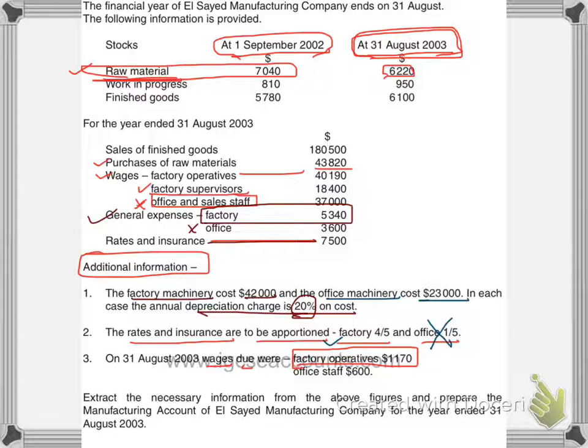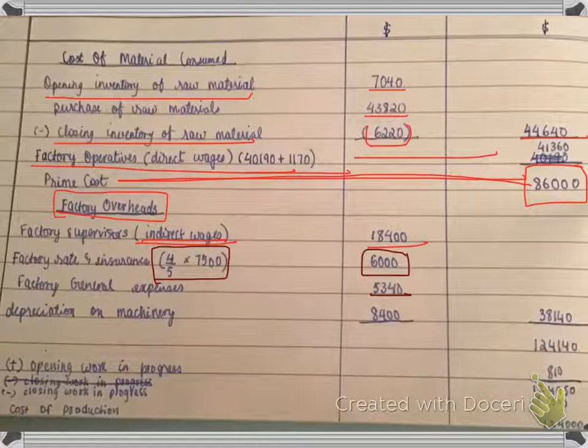Now we'll be recording the factory machinery amount, so we do 20% of 42,000, which gives you an amount of 8,400. Let me record 8,400. We add these values, then we get an amount of 38,140.